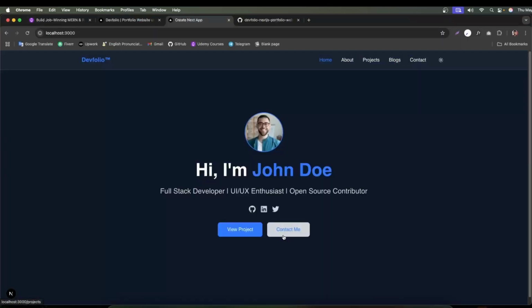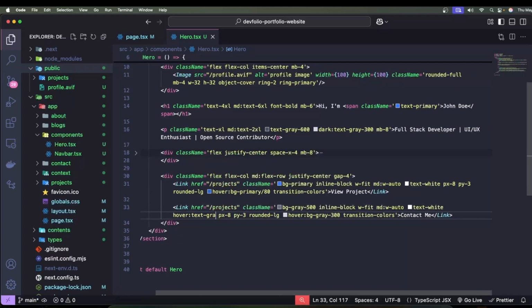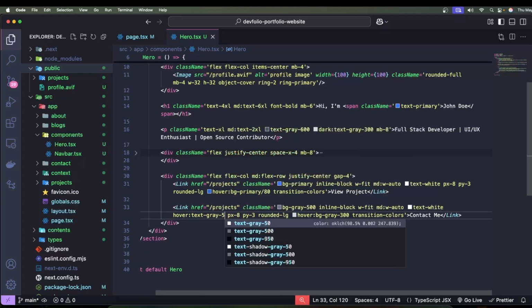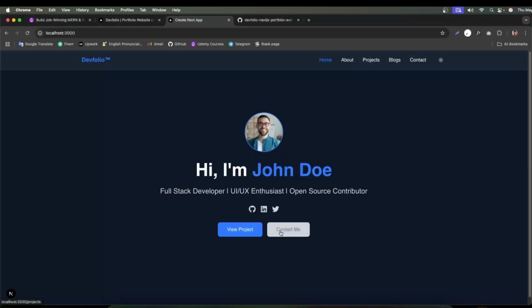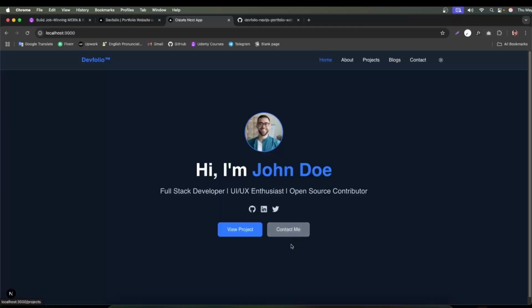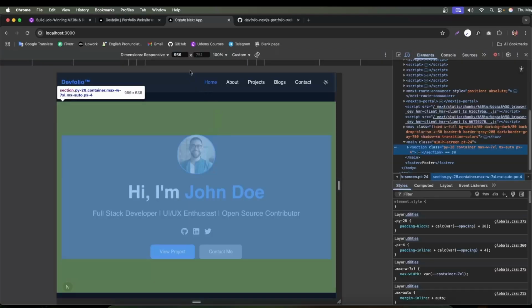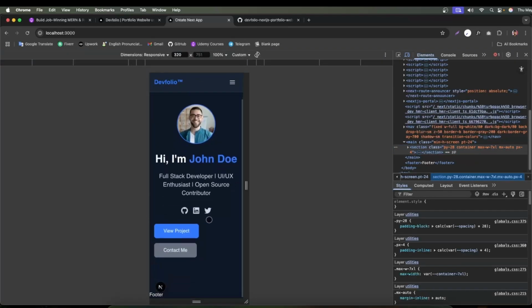Okay, this color is not actually appropriate. What we will see, whenever hovered, will have text gray, for example 500. Let me perfect it. Okay, we can say it will be 800. Okay, much better. And now if you check it on a small device, let me check it, we'll have something